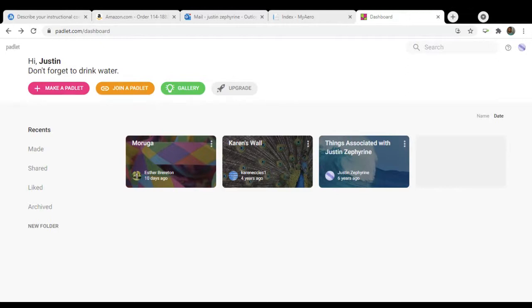And you can decide, if you have a Google account, that's even easier. If you want to sync it, when you click sign up, you can decide whether you want to sync your account with, let's say, a Gmail account or your Facebook account or whatever other account you have.